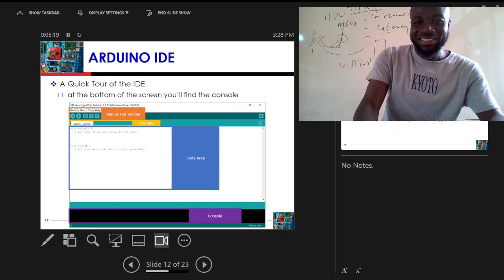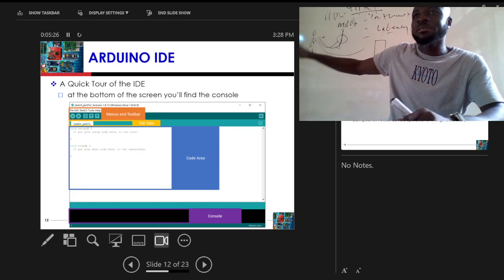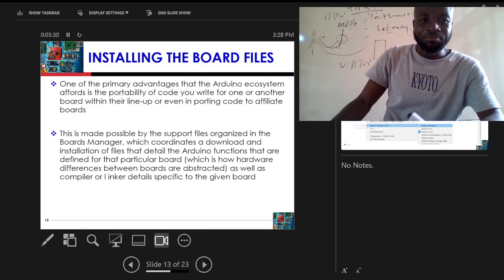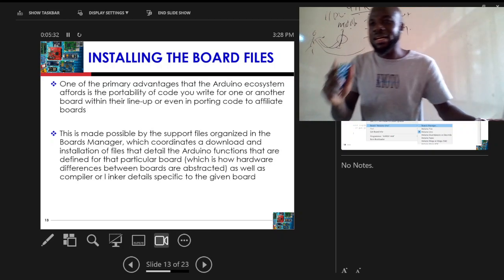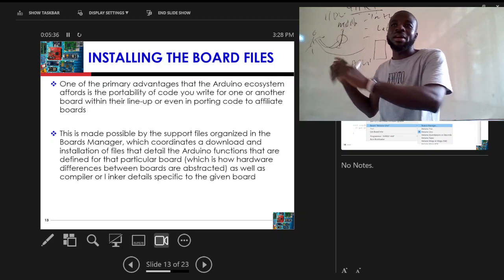Yes or no? You guys have seen this interface before. Yeah, so easy. Now the most important thing is that once you install the Arduino IDE, it comes with